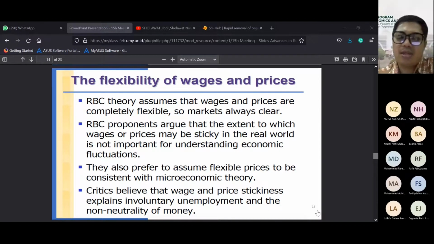So here you see that the flexibility of wages and prices basically is not related with the business cycles. Yeah, because in this context, with the fluctuation, based on their understanding, flexibility of wages and prices actually will be related with economic conditions. So once the economic condition is good, the wages and prices will be flexible. But the other way around, once the economy is not that good, the wages and prices are not that much flexible. Yeah, so in that case,